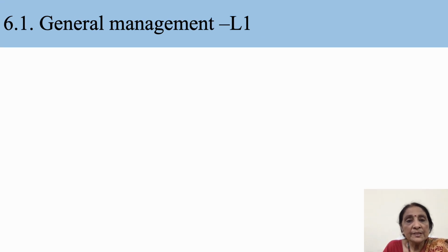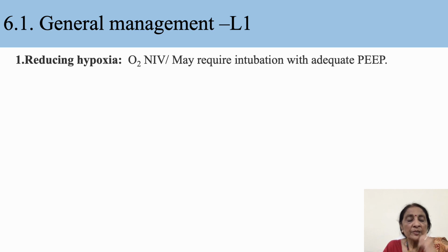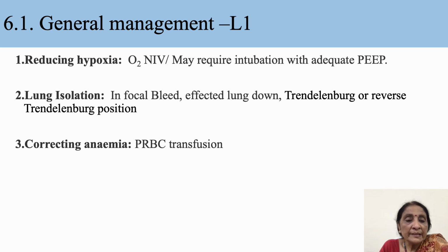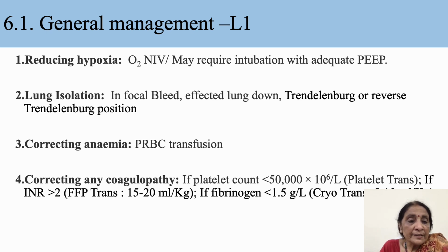Now we come to the general measures in management. To reduce hypoxia, we give oxygen either by non-invasive mode, or the patient may require intubation with adequate PEEP. We can do lung isolation in focal bleeding with the affected lung downwards in Trendelenburg or reverse Trendelenburg position, correcting anemia. We require to give PRBC transfusion and correcting any coagulopathy. If platelet count is less than 50,000,